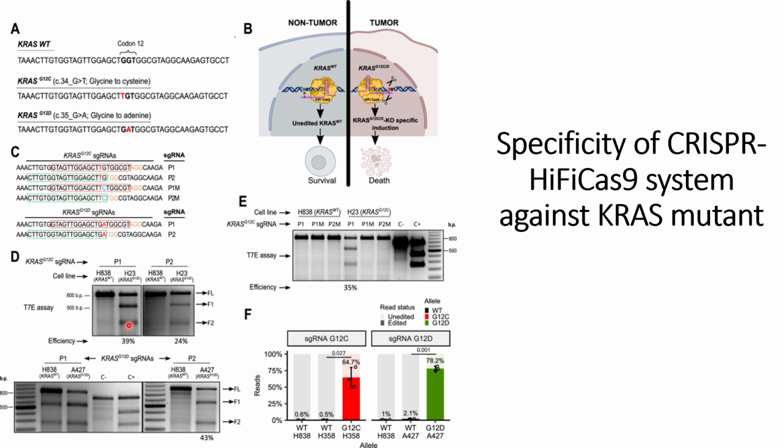They are able to see that both P1 and P2 can edit this KRAS G12C. We can see the multiple bands, but there are no multiple bands in the KRAS wild type for both cases. And the efficiency for the P1 guide RNA is high, so they have selected this P1 guide RNA for G12C